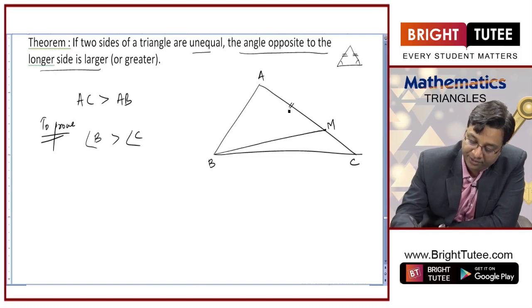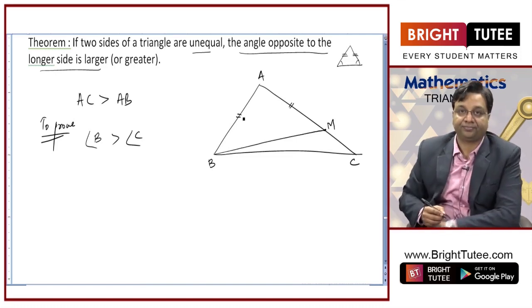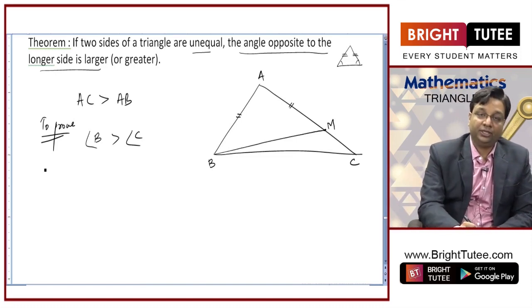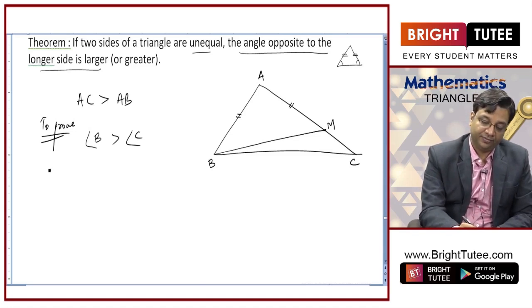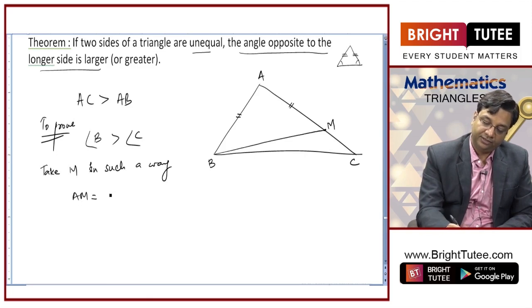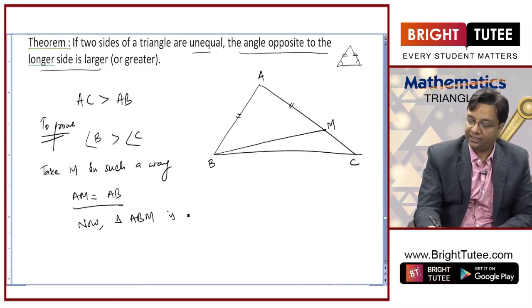So AM is equal to AB here. I have taken point M in such a way that AM is equal to AB. Now triangle ABM is an isosceles triangle,